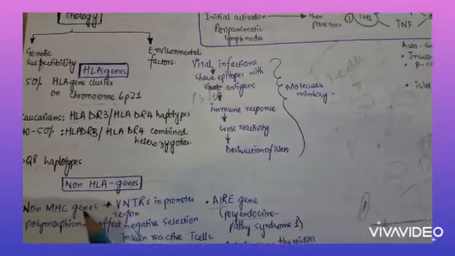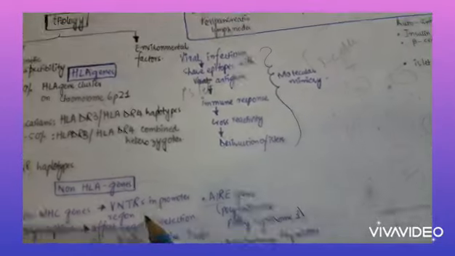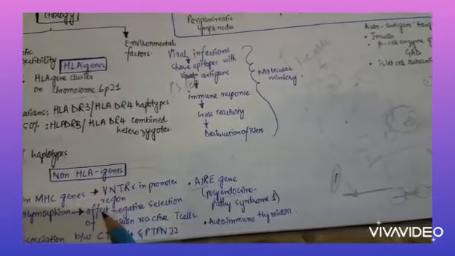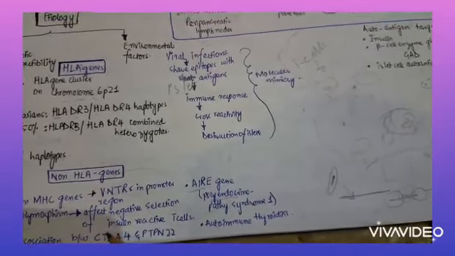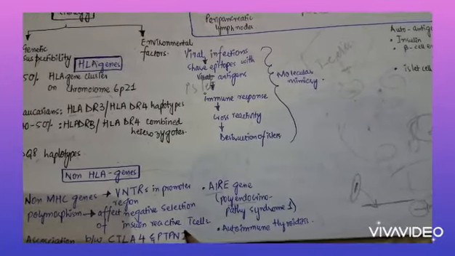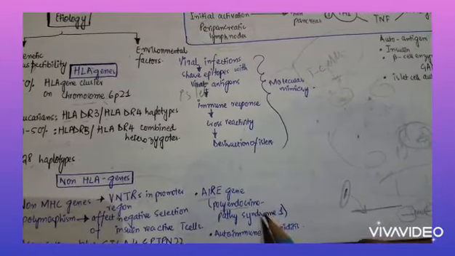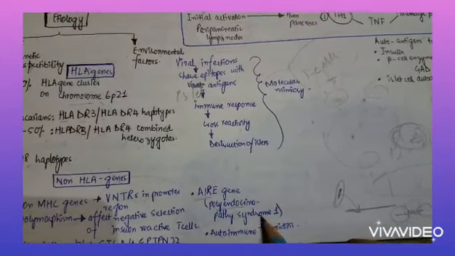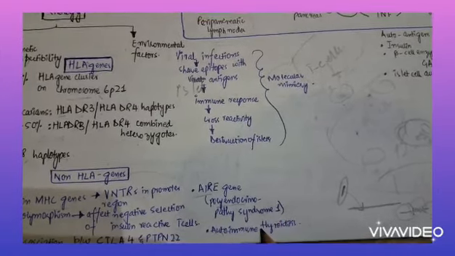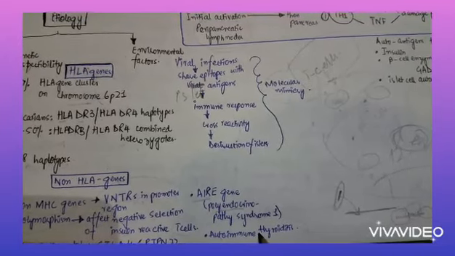Non-HLA genes include non-MHC genes, in which variable number of tandem repeats in the promoter regions take place, which will result in type 1 diabetes mellitus. Polymorphisms which affect the negative selection of the insulin reactive T cells. Abnormal association between CTLA4 and PTPN22. The AIRE gene, associated with polyendocrinopathy syndrome, is also associated with an increased risk of developing type 1 diabetes. Autoimmune thyroiditis and other autoimmune diseases are also associated with the development of type 1 diabetes.